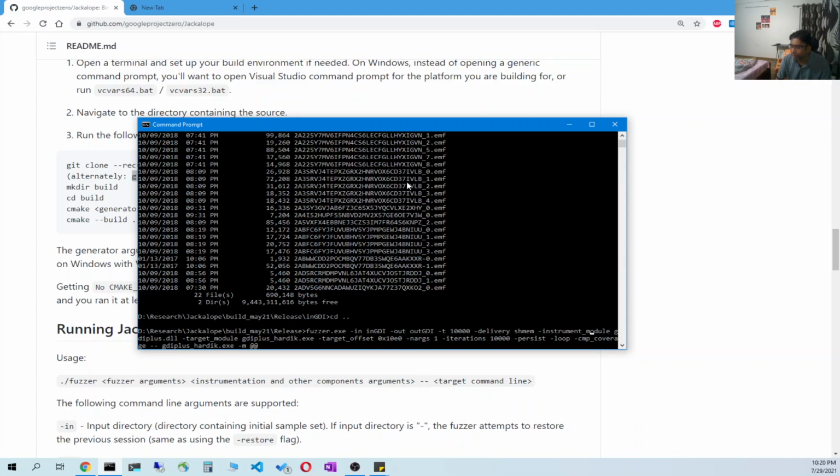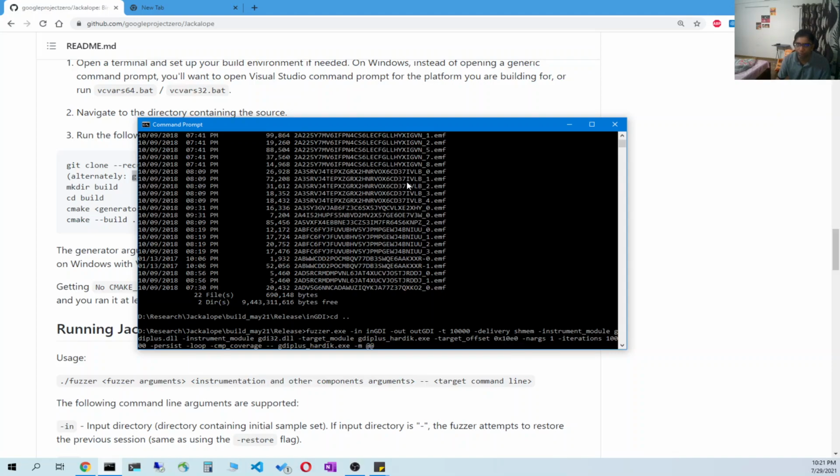And then -instrument_module, that is GDIPlus.dll. If you want to instrument any other module, you simply need to use this option again, that is -instrument_module, let's say gdi32.dll, and then -target_module. It is the name of the executable, basically the name of the harness program. In this case, it is GDIPlus_hardik.exe, and -target_offset. This is the offset of the first function, and it is 0x1080.